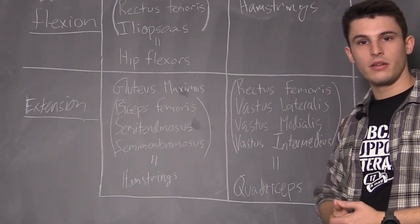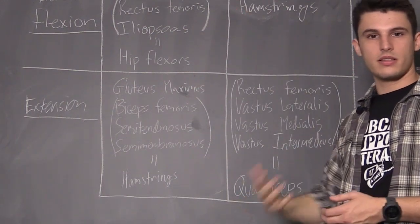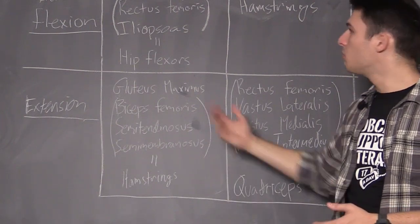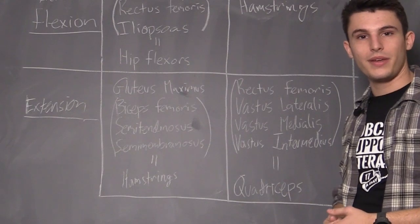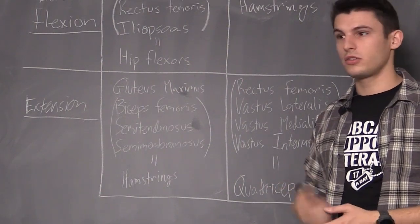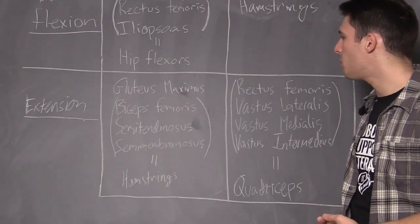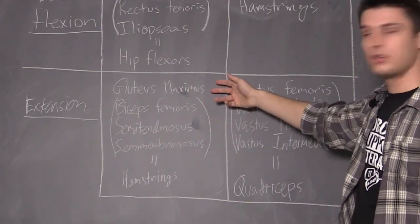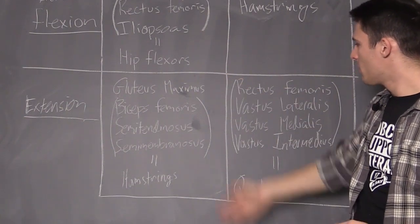Now, additionally, with these joints and actions, I would like to discuss the major muscle agonists of each movement and get into the nomenclature and more commonly known names that we will be referring to during these upcoming exercises. Now, I'd like to begin with hip extension. As you can see, with hip extension, we have the gluteus maximus as a muscle agonist, but you can see